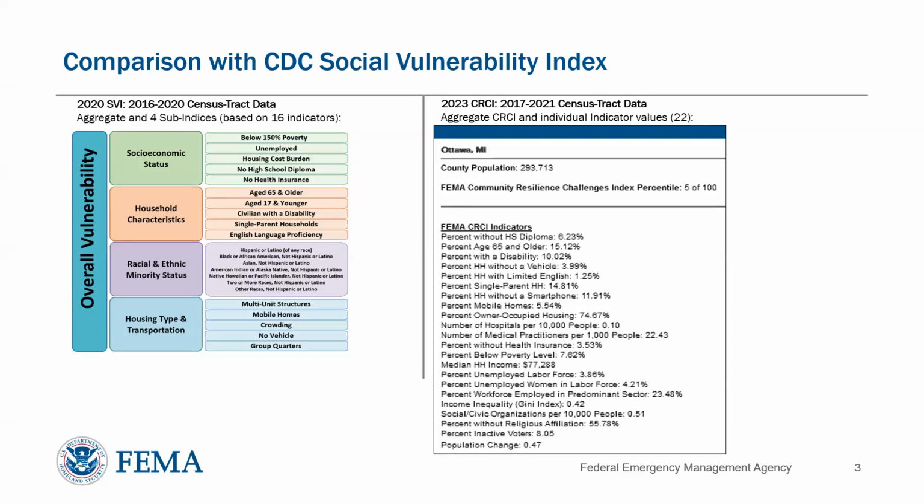So you can see how your community compares to other communities. The next step that we take is not only do we provide you with a CRCI value or percentile for each county and census tract, but we also provide you with all of the 22 indicators that comprise that value. So we're not just saying your community is in the 50th percentile and the community next to you is in the 60th percentile. We're saying your community is in the 50th percentile, and these are the indicators and the factors and the value for those indicators that lead you to being in that percentile.